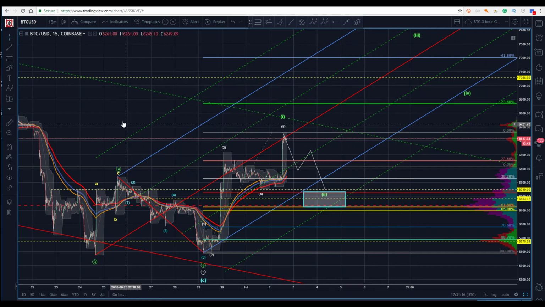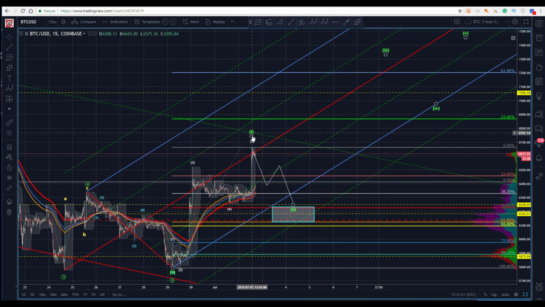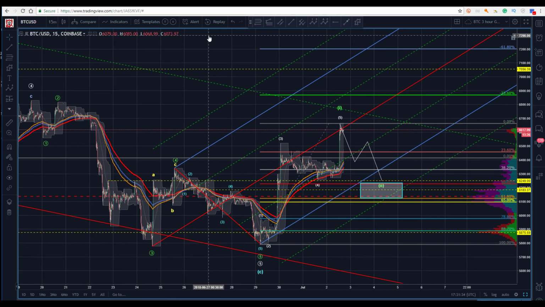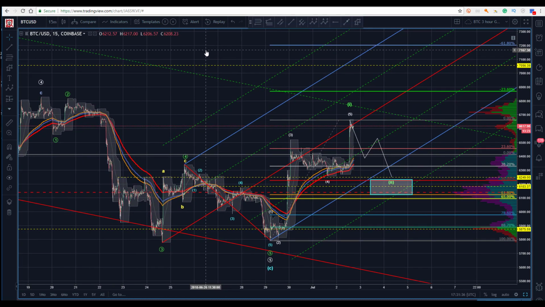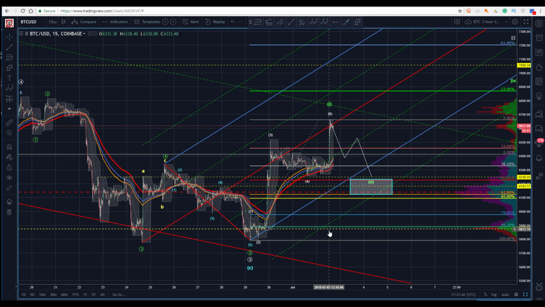So if we were to go back out to a 4-hour and put this into context, if this is going to play as a 1-2 and then we go into a 3, that would be the third of the first leg of it. All right, if we're going to go back all the way to challenge the high. So potentially now the ingredients are there for a decent start to a trend change. Not way too early to confirm that, but at least we've got all the ingredients that we needed to suggest that we could have the start of a trend change.